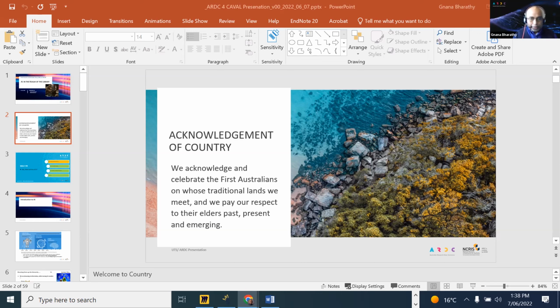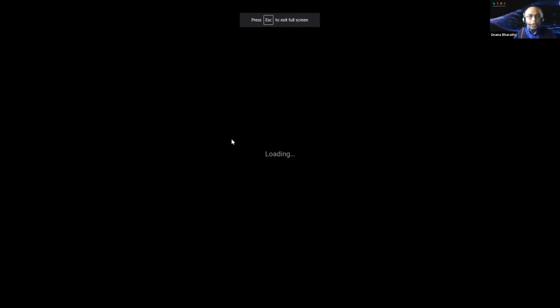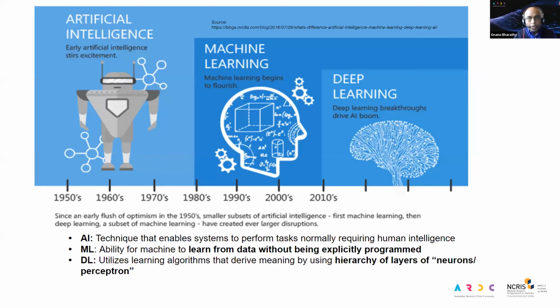And in this slide that you may have seen before, we quickly introduce what artificial intelligence is. It's a technique that enables systems to perform human-like tasks, or tasks that require at least some level of human intelligence. And the subset of AI includes many things, including the modern-day technique, which is machine learning,